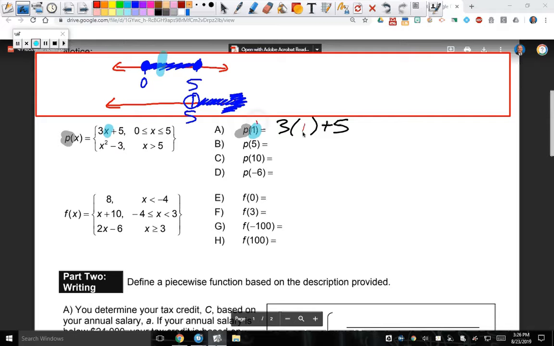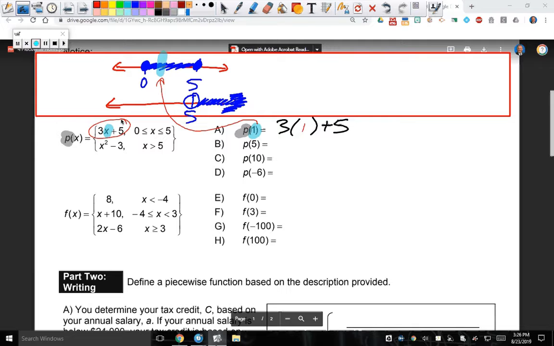Because 1 existed in that domain. Okay? That told us I'm going to use this machine. Yes? So, are we ever going to have a situation where